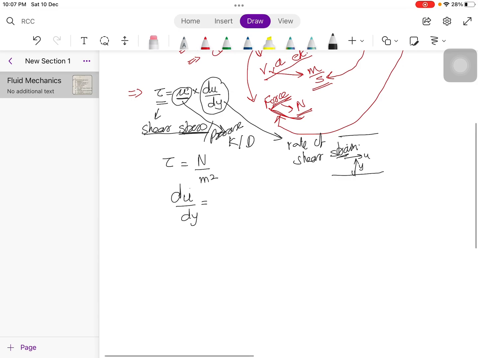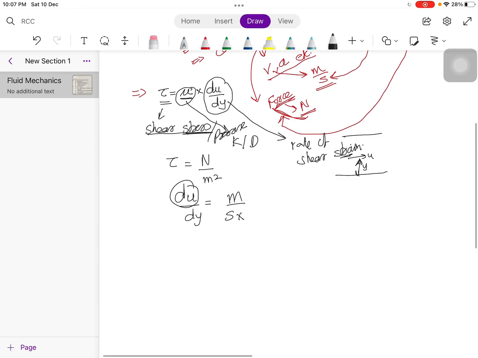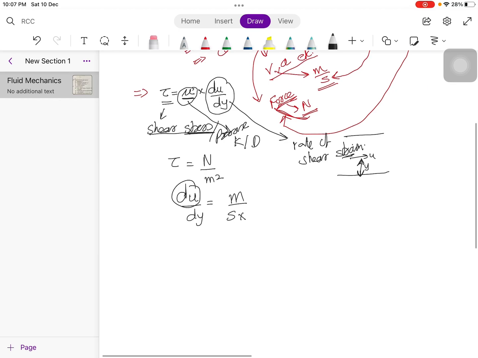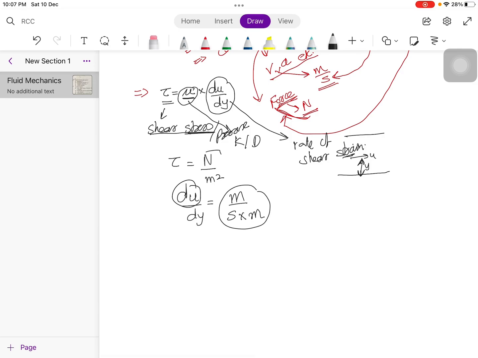The unit of velocity is meter per second, and dy is the distance between two layers. So distance means meter. Now, if we put these units against this equation, we get tau equal to mu times du by dy,